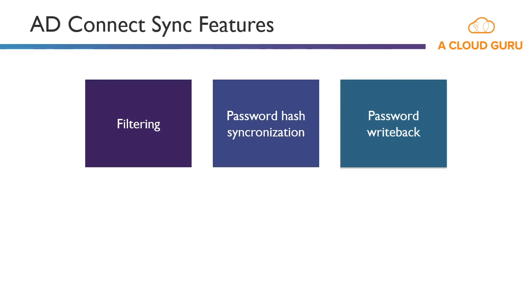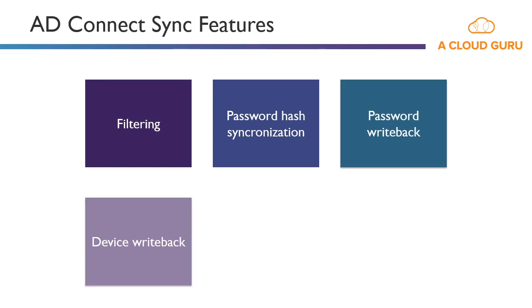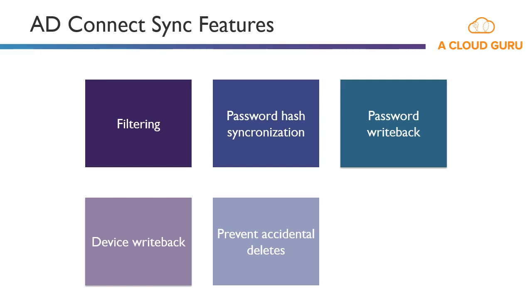their passwords in the cloud, and this will write back to on-premises. We have the concept of device writeback, which will allow a registered device in Azure AD to be written back to your on-premises Active Directory, so it can be used for conditional access. We have prevent accidental deletes, which is turned on by default, and this protects your cloud directory from numerous deletes at the same time. So by default allows 500 deletes per run, and you can change the setting depending on